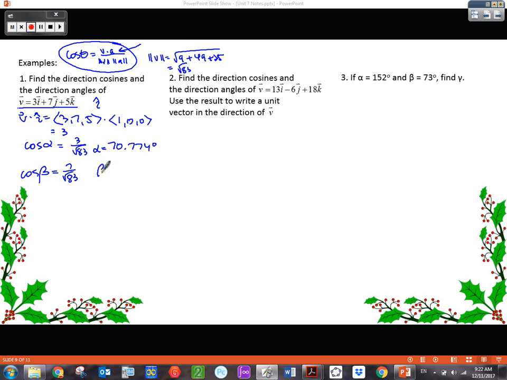In my calculator, inverse cosine of 7 over root 83 gives 39.794 degrees for beta. Then to find gamma, cosine of gamma is my z component, 5 over root 83. So gamma is